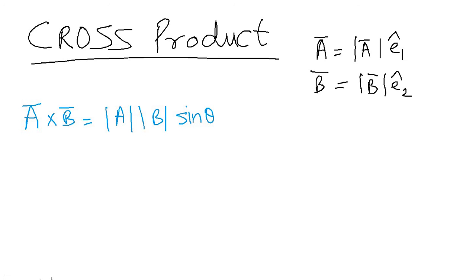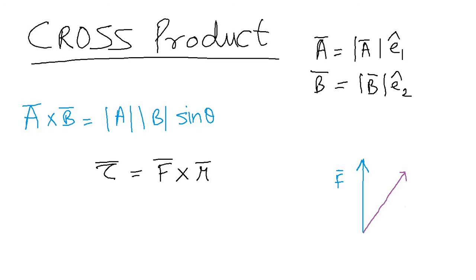Now where do we find this cross product in physics? Actually, it is very often seen in rotation, where you have a vector called torque vector. So torque vector is given by force cross r vector. So as an example, if you have a force acting in this direction and the position vector is given by this vector,